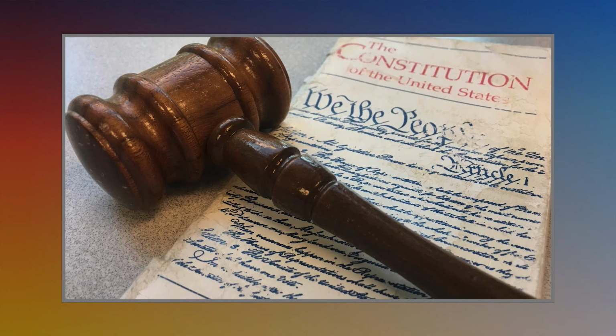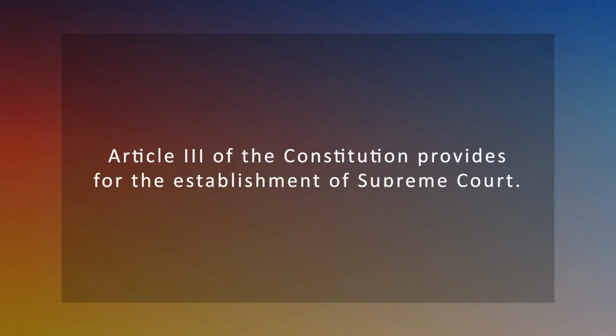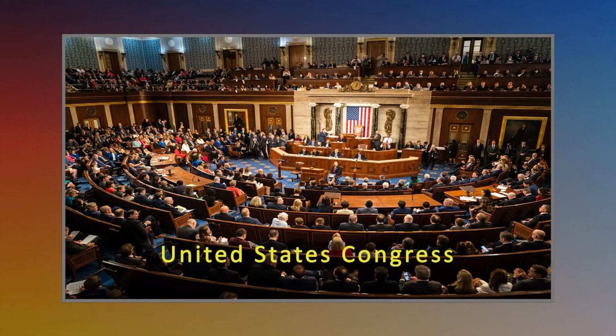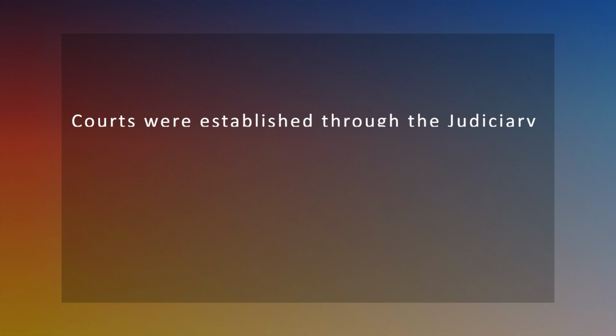judicial branch of federal government organized under the United States Constitution and laws of the federal government. Article 3 of the Constitution provides for the establishment of Supreme Court and permits the Congress to create other federal courts and place limitations on their jurisdiction. Congress has the authority to regulate the judicial system as a whole, though much of this power has been devolved to the courts themselves. The courts were established through the Judiciary Act of